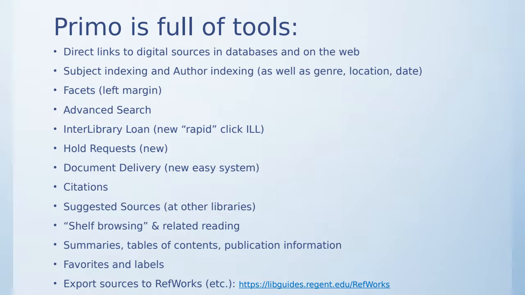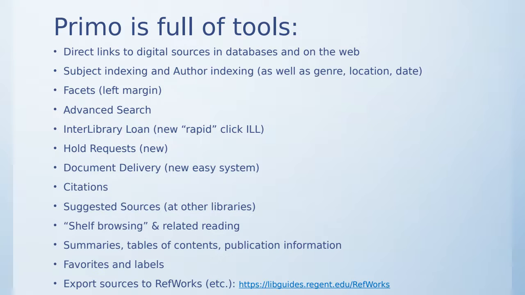Subject indexing means the librarians put subject labels on each source. So say there's a source about the history of sports in the 20th century in America. You would click on that and it will bring you other sources about the history of sports in 20th century America. And because the librarians have indexed or categorized them all by subject, by author, by genre,